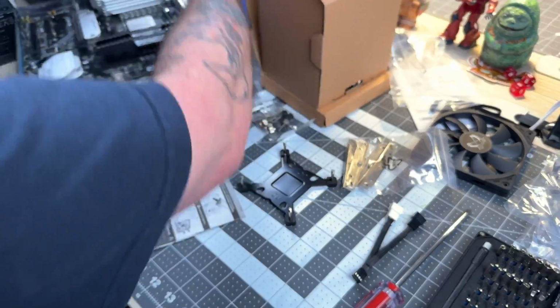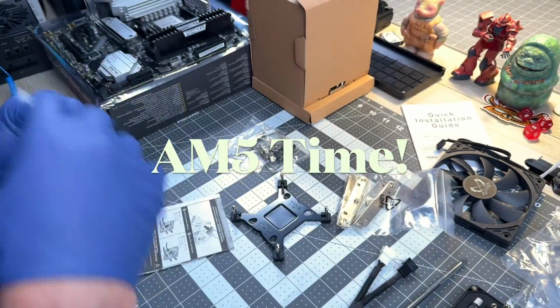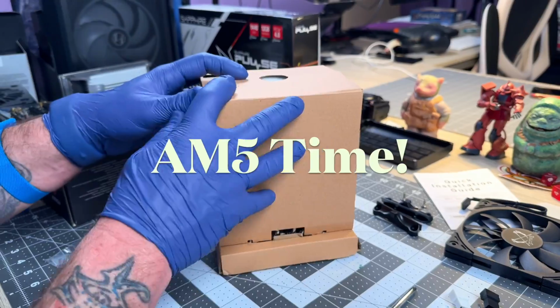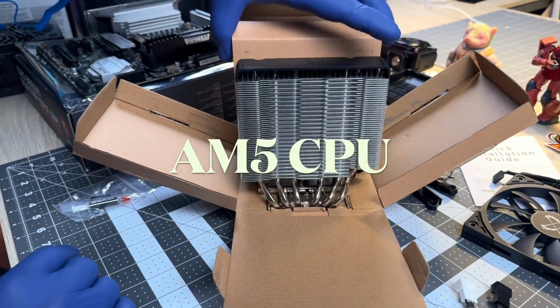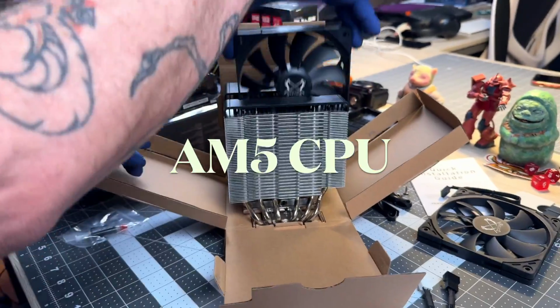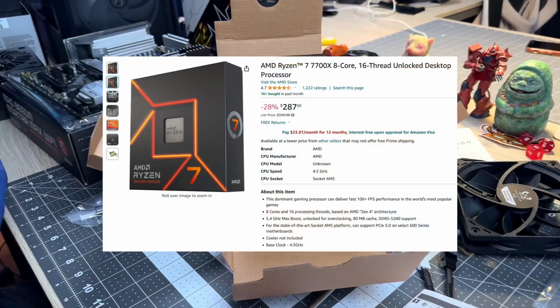Okay, now we're going to go over the AM5 motherboard, RAM, and CPUs. It's parts time. Okay, AM5 CPU. There's the AM5 Ryzen 7